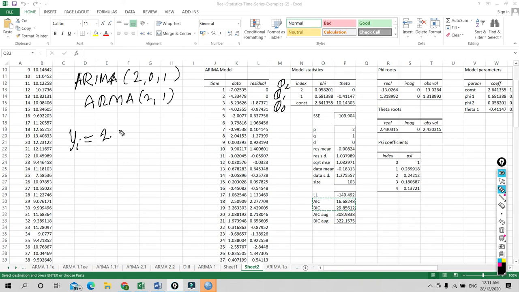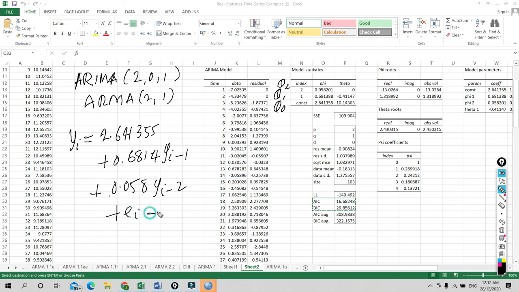So theta 0 is 2.64135 plus theta 1 is 0.6814 y sub i minus 1 plus theta 2 is 0.058 y sub i minus 2 plus epsilon i plus theta 1, which is your MA theta 1, is negative